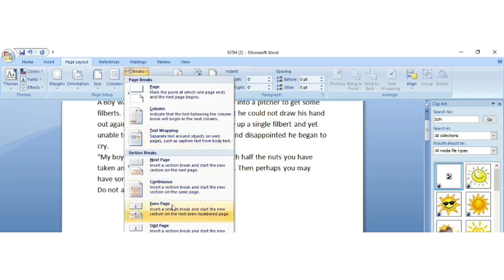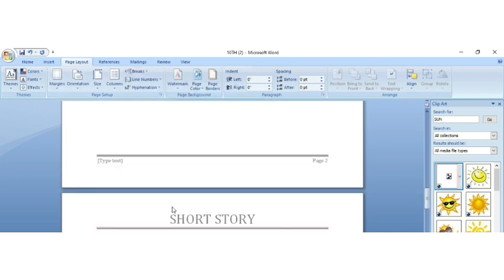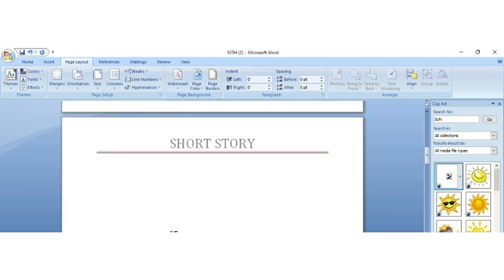And next is even and odd. Now what is even and odd? You might have studied in your mathematics class. Even is a multiple of 2, or which can be divided by 2. So what are even? 2, 4, 6, 8, 10, 12, 14, 16, 18, 20. These are even.